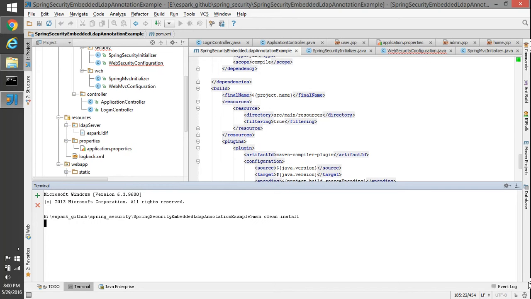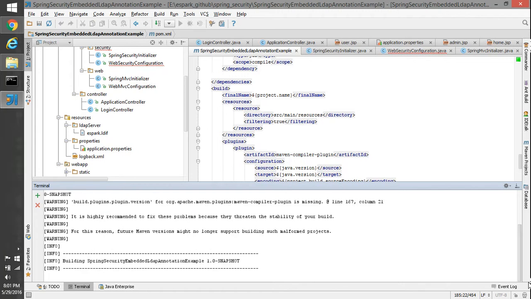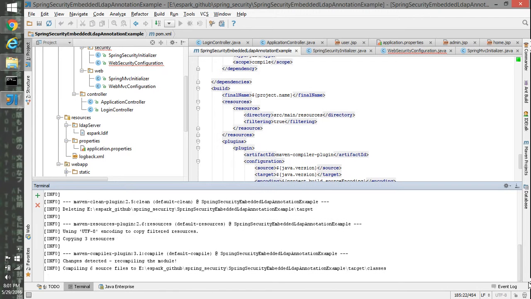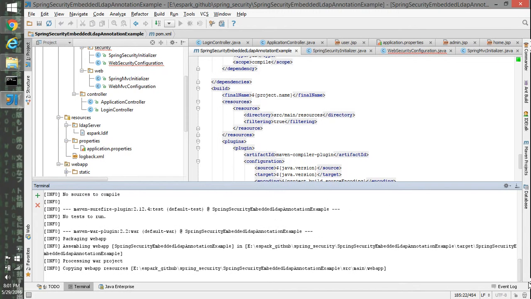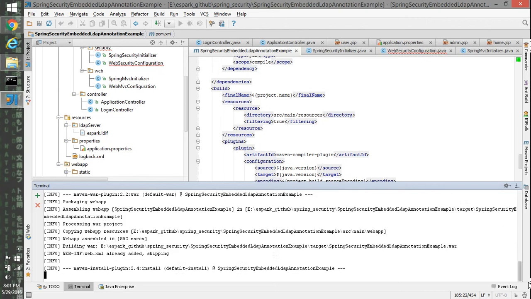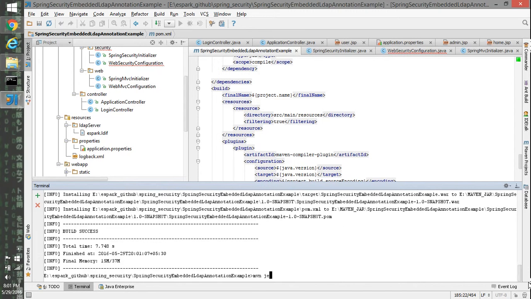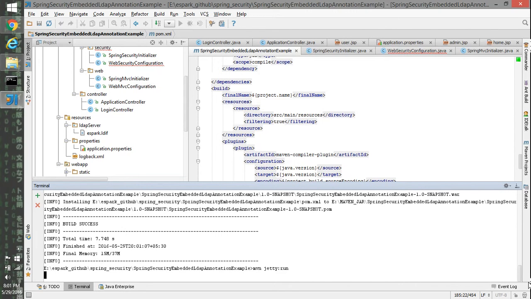So I'm building the source code here by using the mvn clean install command. I don't have any test cases, so I'm not saying to skip the tests. Now I'm starting a Jetty server by using the mvn jetty:run command.